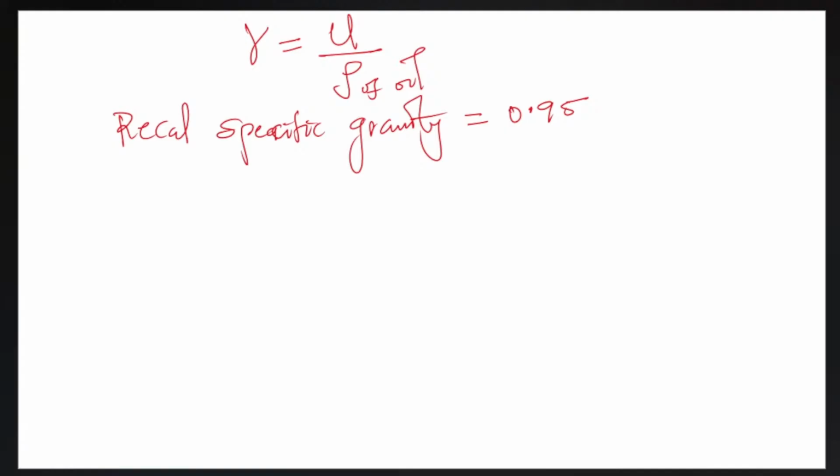Now remember, you are not done. You are to convert your meter square per second to strokes. You cannot just convert this value to centistrokes; you need to convert it to strokes first before converting it to centistrokes. So to convert it to strokes,